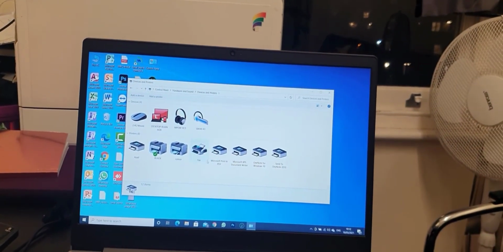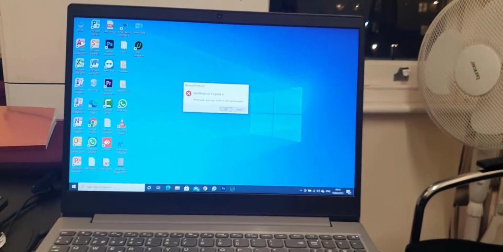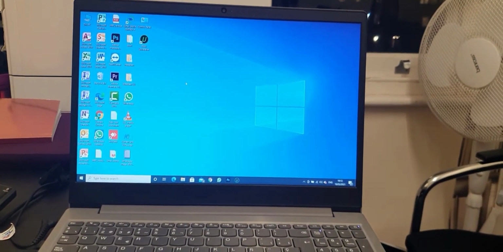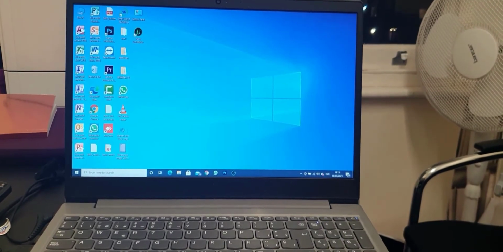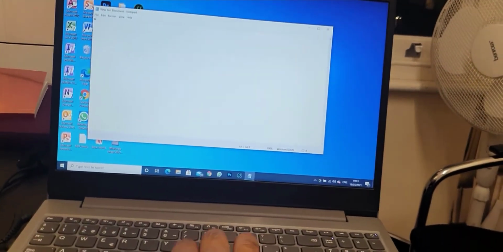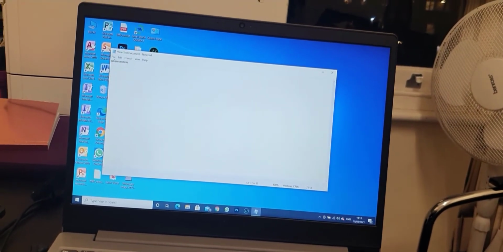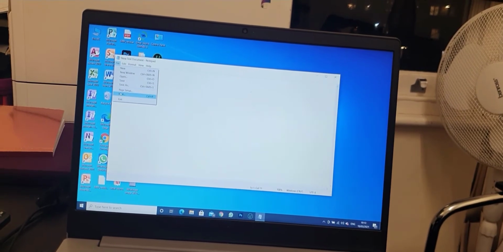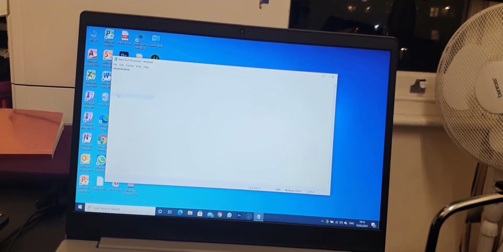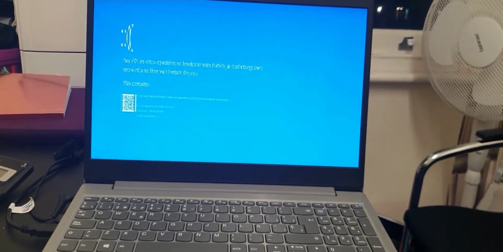I'm going to show you how to fix this issue, but before I get to that point I'm going to show you what kind of problem it shows. For example, this is a Word document, it's completely blank. I can type whatever I want. If I go to print, you're going to see the actual fault come up. So let's say print, and as you can see, that's the actual problem for the Lenovo